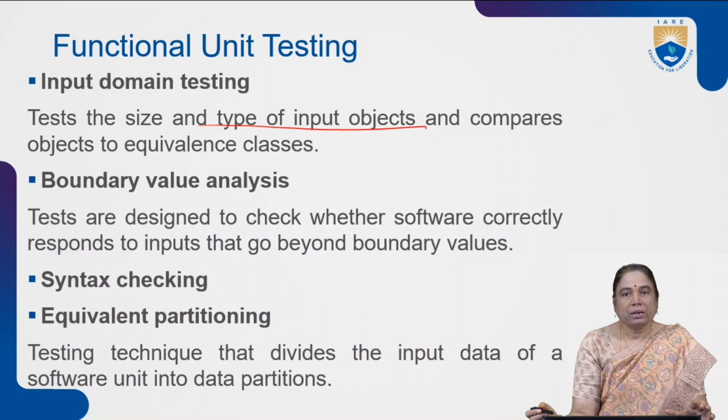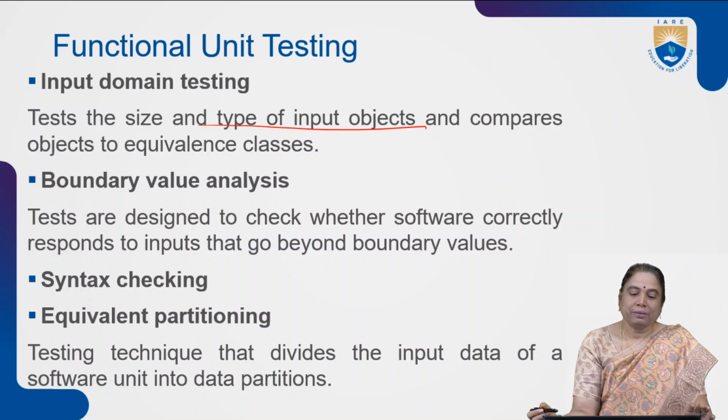For example, consider the voter age of 18 years. Citizens who are 18 years of age are eligible to vote. So here the valid range must be greater than or equal to 18 and the invalid range must be 0 to less than 18. So the input domain must be classified into 2 classes, valid range and invalid range, in the case of input domain testing.